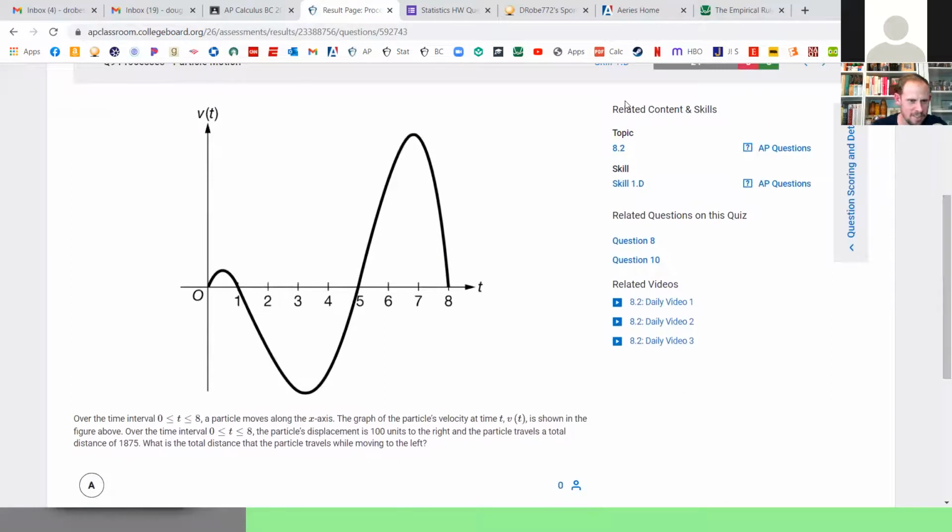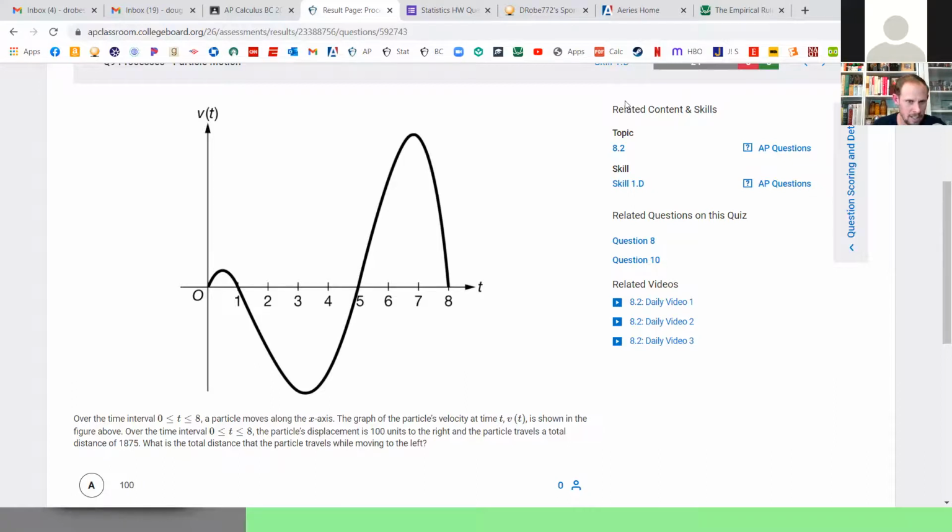All right, so over the time interval from 0 to 8, a particle moves along the x-axis. So it's just moving side to side. The graph of the particle's velocity at time t, v of t, is shown in the figure above. So this is velocity as it's moving along the x-axis. When it's above here, it's moving to the right. When it's negative here, that means it's moving to the left, and so on. Over the time interval from 0 to 8, the particle's displacement is 100 units to the right, and the particle travels a total distance of